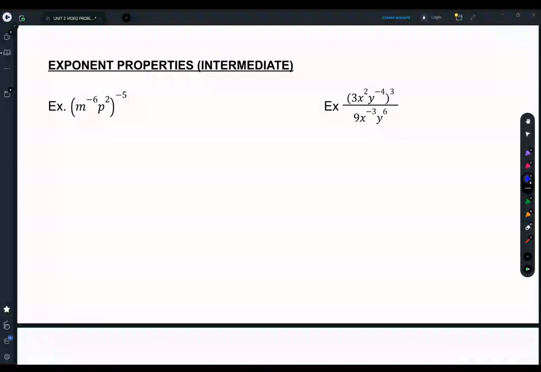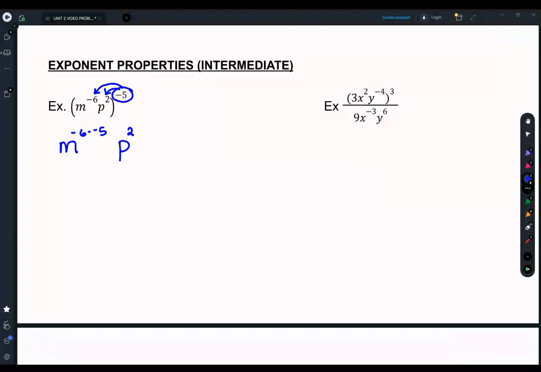All right, the next thing we're going to talk about is our exponent properties, the intermediate level. Intermediate level is going to include our negative exponents, and we need to remember our negative exponent rules. So first off, we're going to follow our normal property, which is if we've got our exponent of a -5, we're going to first distribute that to every exponent on the inside of the parentheses. And so we're going to go m, and this will be -6 times -5, and then our base of p,